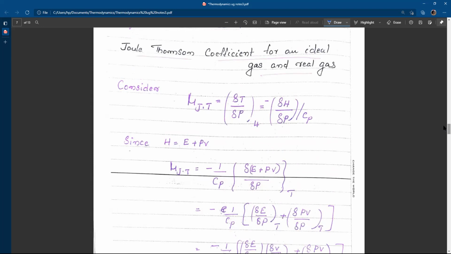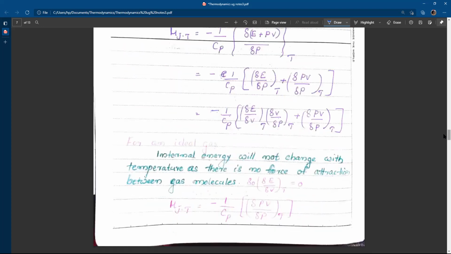And we note, since H is equal to E plus PV, this equation can be written as mu JT is equal to minus 1 by Cp into dou (E plus PV) by dou P ആണ്. അപ്പൊ അതിനെ നമ്മളൊന്ന് എക്സ്പാൻഡ് ചെയ്ത് എഴുതി കഴിഞ്ഞാൽ minus 1 by Cp into dou E by dou P at constant temperature plus dou PV by dou P at constant temperature,